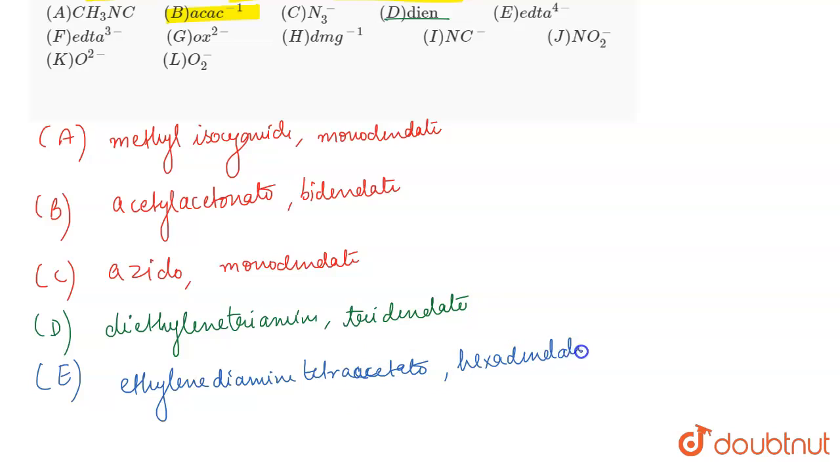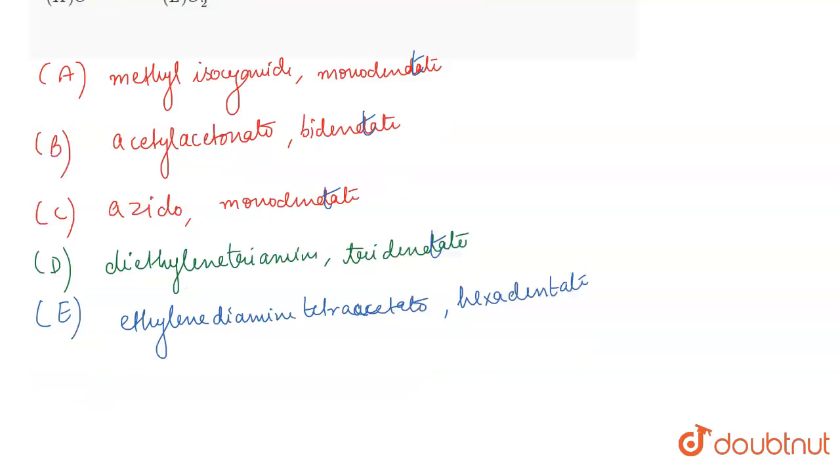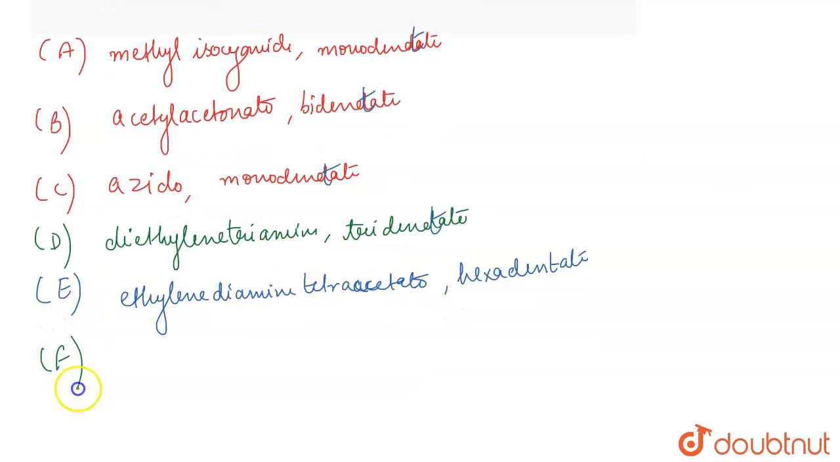It is a hexadentate ligand because it has 6 donor atoms. Hexadentate ligand, okay? So, because it donates through 6 atoms, 2 nitrogen and 4 oxygen. Then the F part is actually your F is